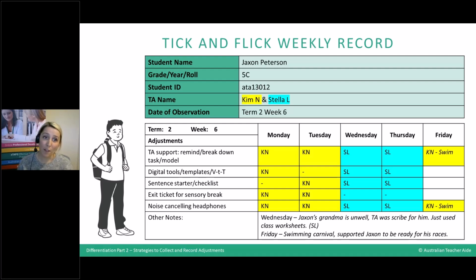There's always a spot at the bottom where we can make any notes where we need to say, look, his exit ticket got wet in the bubbler, so we need a new one, or the laptop was really distracting today and he misused it with the internet instead. Like things like that where the adjustments might need to be altered a little bit. Or maybe you've had an idea, you've learned something and you say, hey, I wonder if Jackson would actually benefit from a wobble stool. And it might be a suggestion for an adjustment. So there's always a spot to write notes. But for those adjustments that you're in a routine and okay, these adjustments are working and we're just keeping a quick record of what we've used that day.